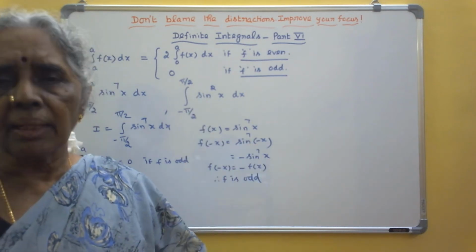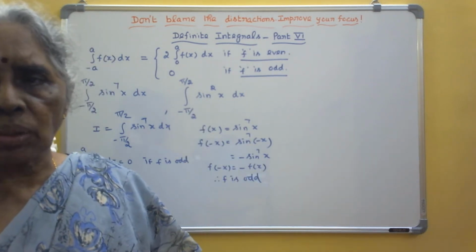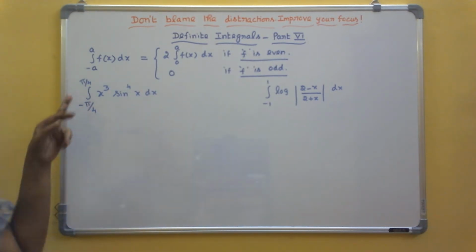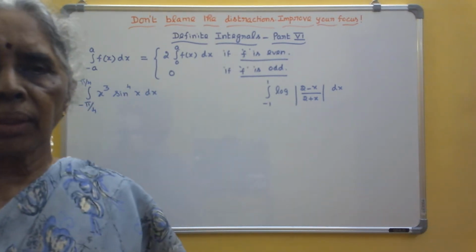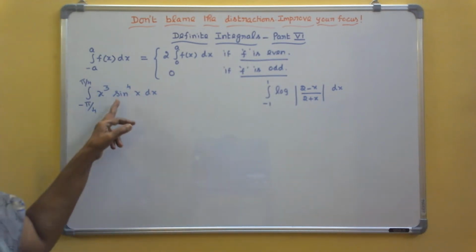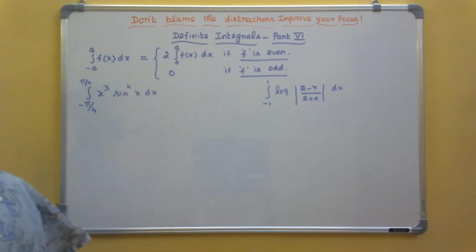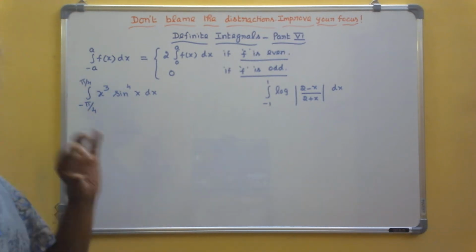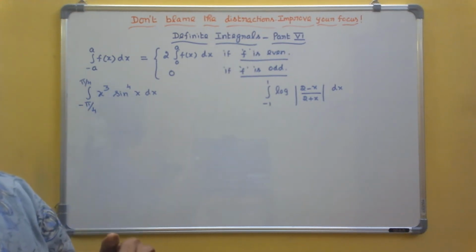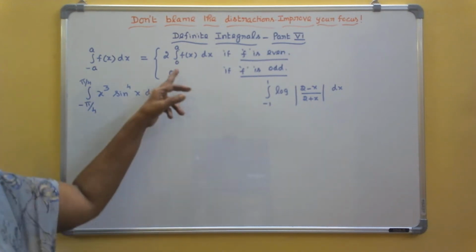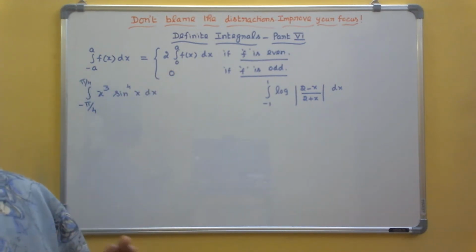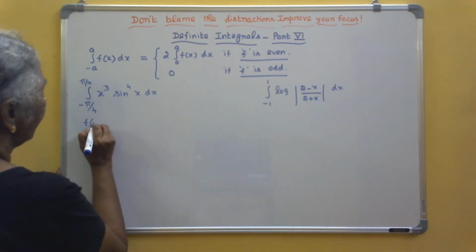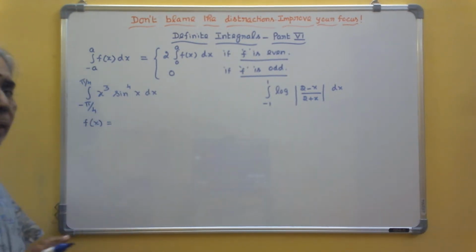Now, let us see two more example sums now. Integral minus pi by 4 to pi by 4 x cube sine power 4x dx. Whenever you see the same limits with a minus sign in the lower limit, you should immediately check for this property definitely. Okay. So now, let us write now your f of x is a product of an algebraic function